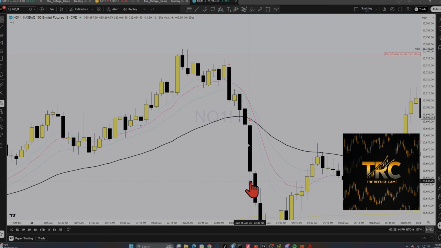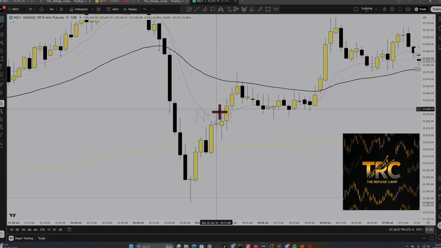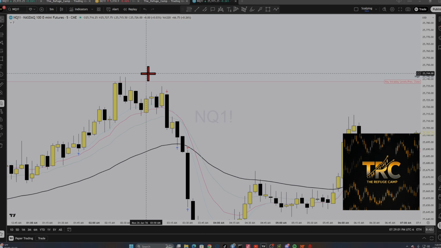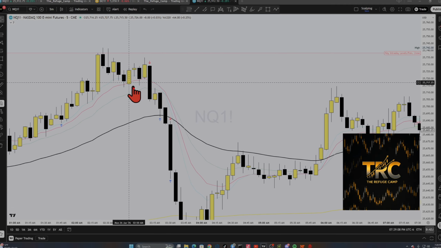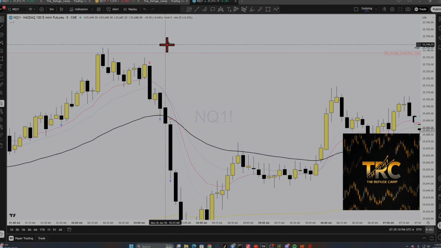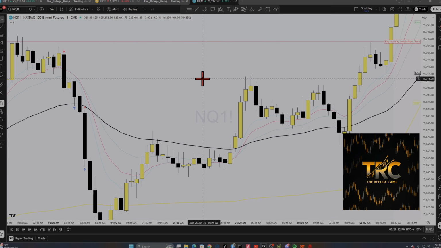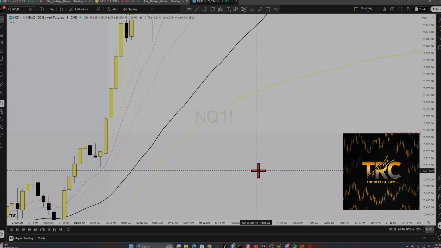So I scalped the wick of the pullback on that candle and got paid from 647 all the way up to 673. That's scalping. You don't see an arrow down here. You do see an arrow up here because I scalped that candle and then got stopped out with this one. And then the market closed. Anyways, the whole point is